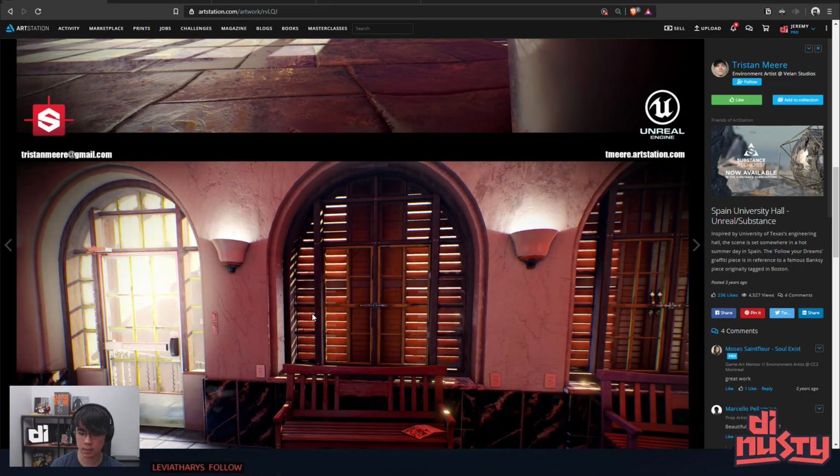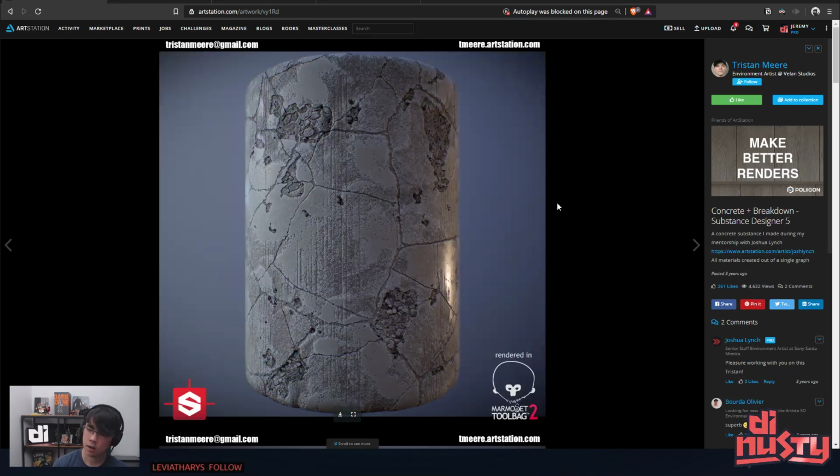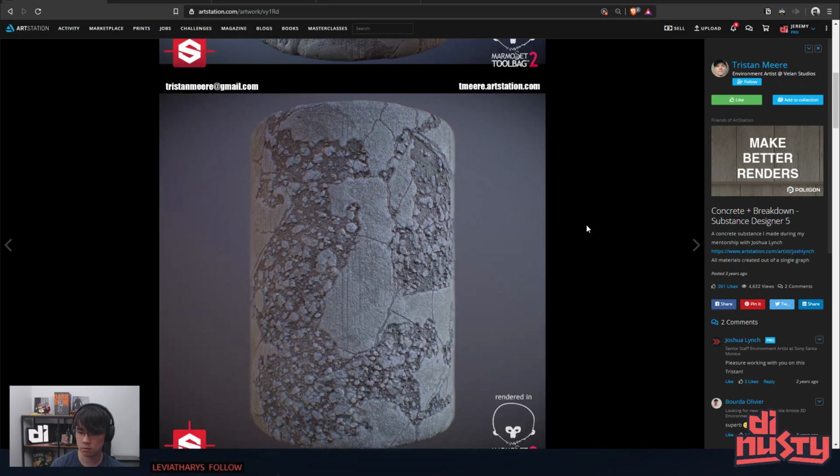Oh, this is nice. That's nice detail. Okay. Sorry, we should move forward. Concrete breakdown, Substance Designer. So this is 3 years ago as well. It's pretty good. I'm trying to...